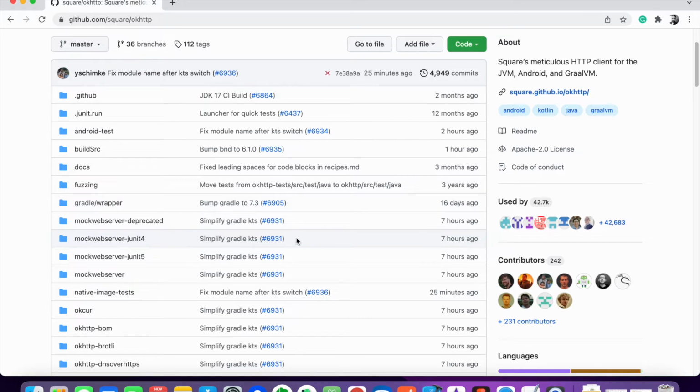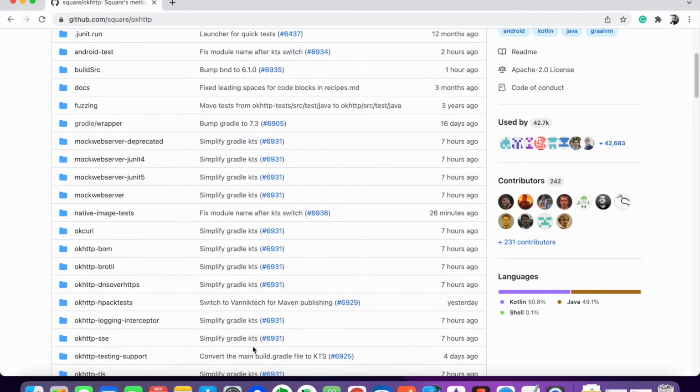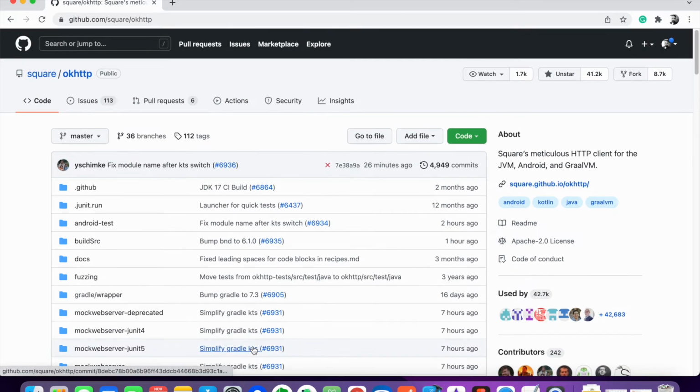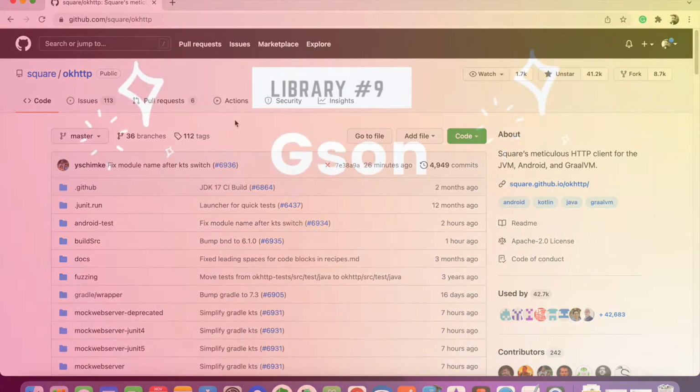That is what I mean by a follow-up request. It also allows you to retry requests, and they have logging interceptors as well. I will create a detailed video on OkHttp and Retrofit, covering all you can achieve with them. This is one of the best choices for networking in Android.